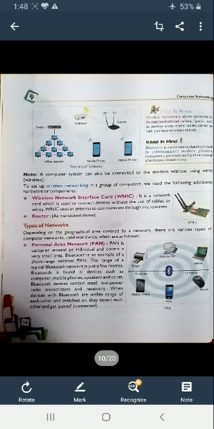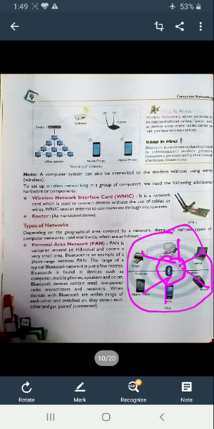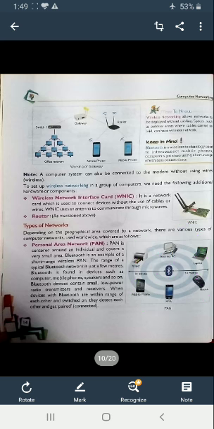Bluetooth devices contain small, low power radio transmitters and receivers. When devices with Bluetooth are within range of each other and switched on, they detect each other and get paired, which means connected. As you see, with the help of Bluetooth, you have connected your mobile phone, PC, printer, laptop. So this is the very small area covered by Bluetooth. Like in your home, you can connect every phone and device with the help of Bluetooth. You will create a PAN, personal area network.